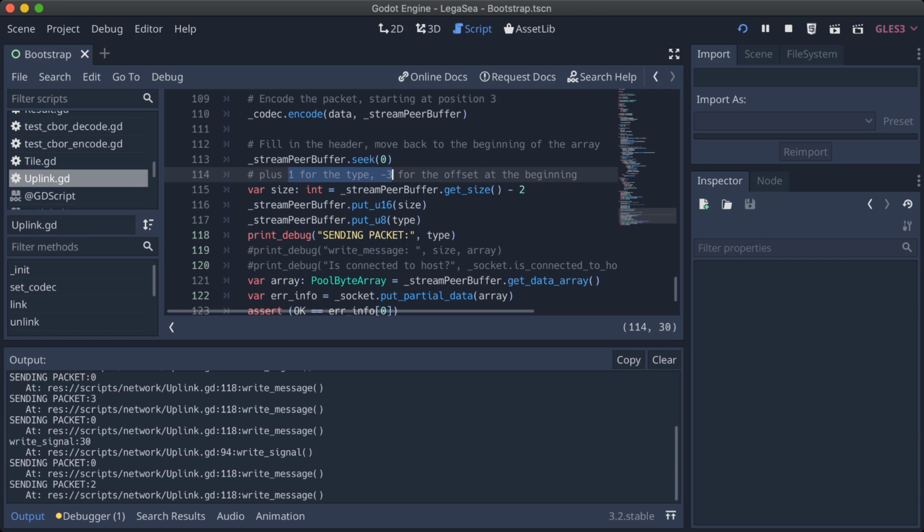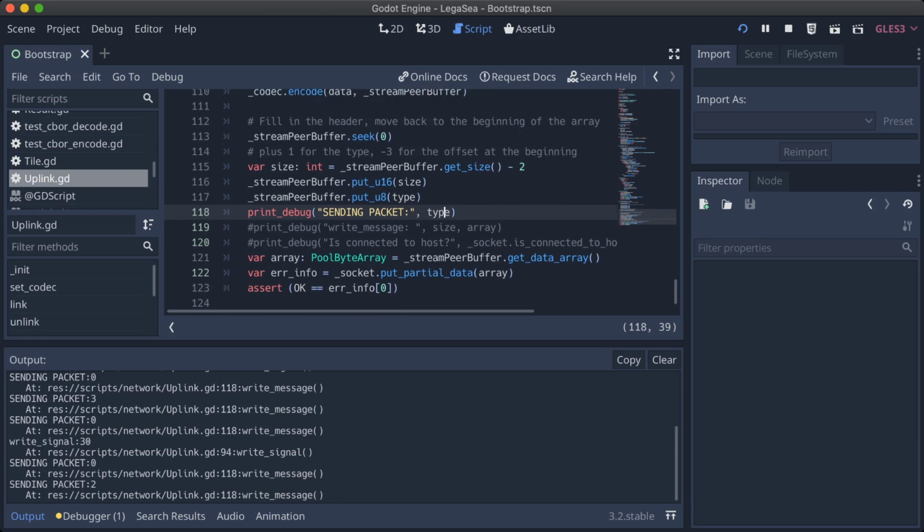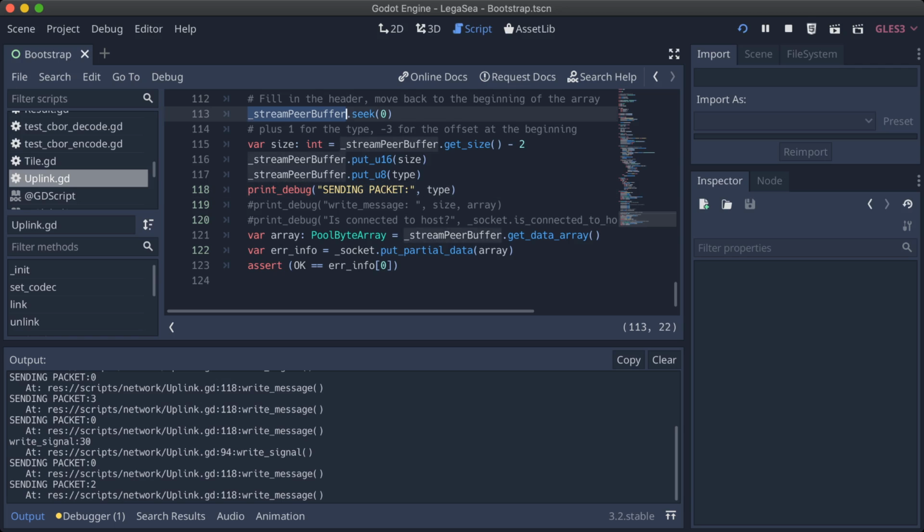Plus 1 minus 3. And this seems correct. Go back to 0. Check the size of it. Write the information. So let's say we wrote,